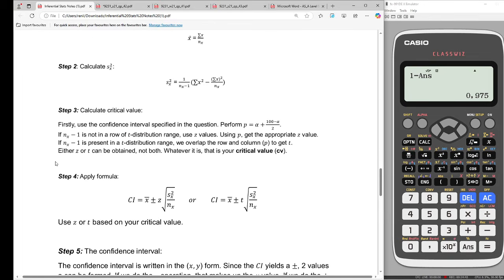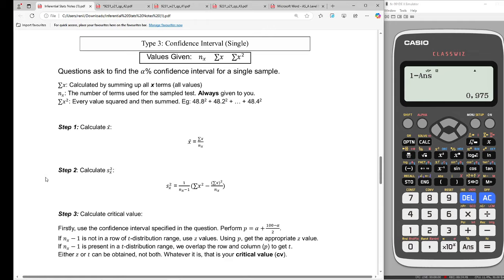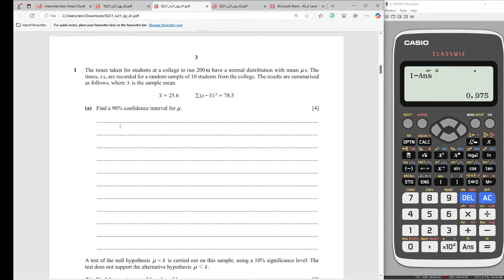So it may sound a bit tedious and a bit intimidating at first as I spoke, but this is not really very hard. We only get 4 marks for this question, and